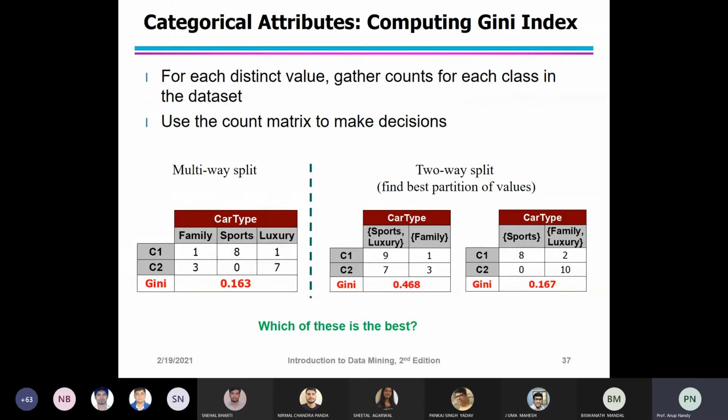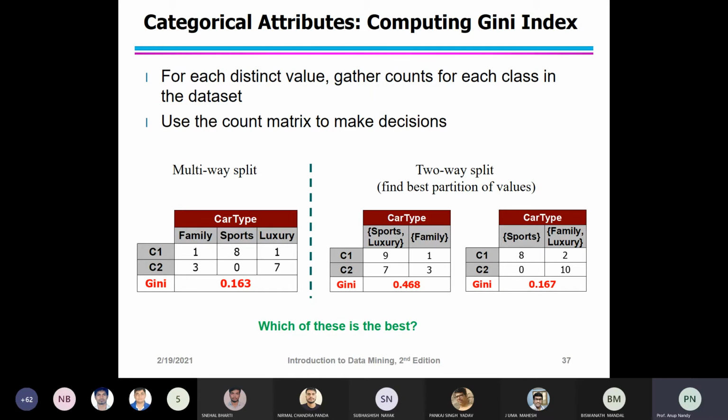Now maximizing the gain is equivalent to, as I already told you, minimizing the weighted average of the impurity measure. So obviously 0.167, the second grouping, has a lower Gini index because the corresponding subsets are much purer. So we'll take only this one.